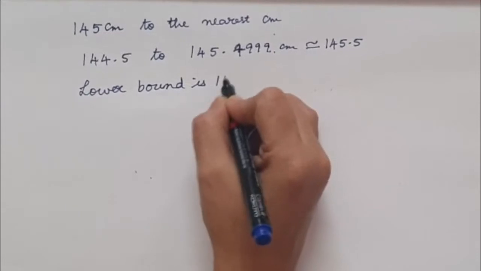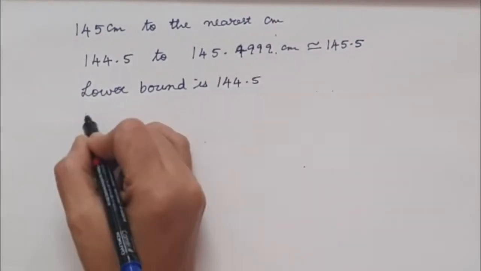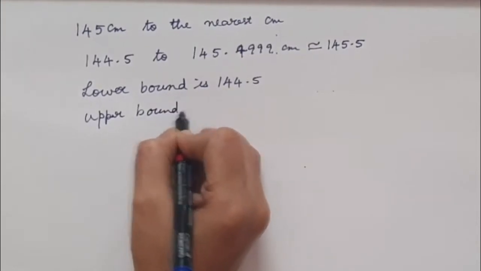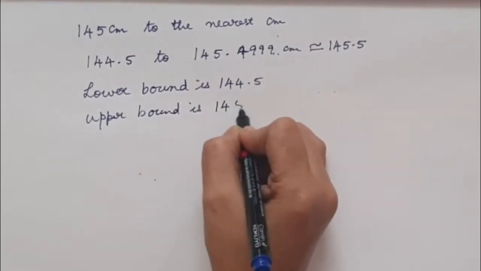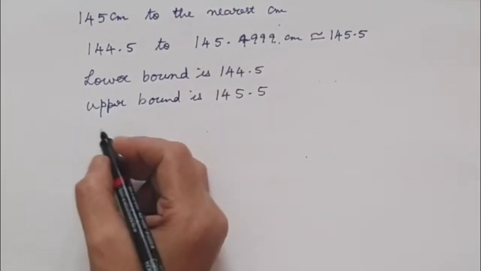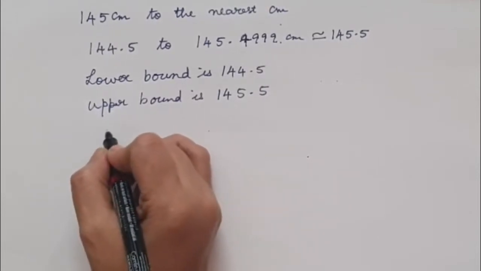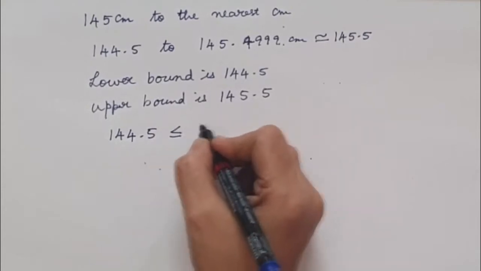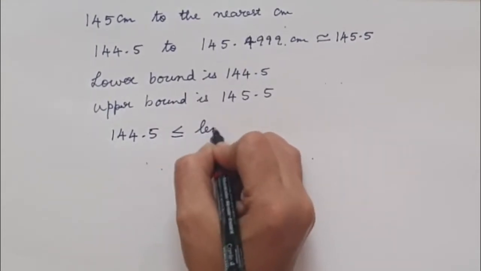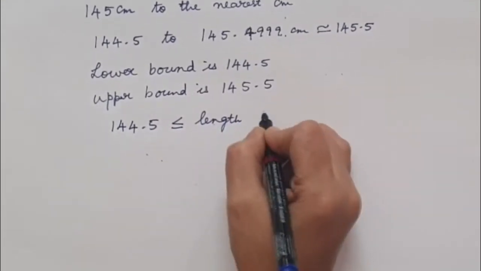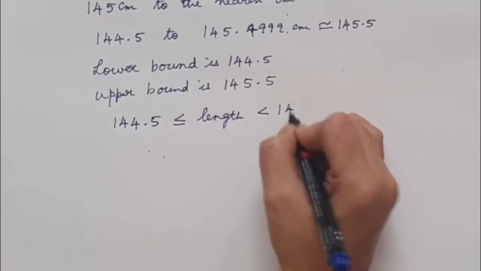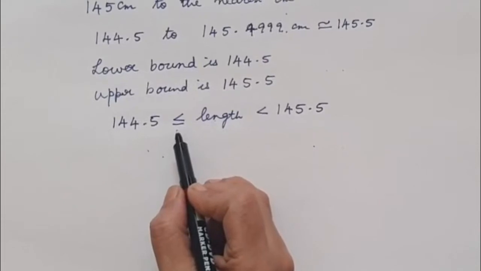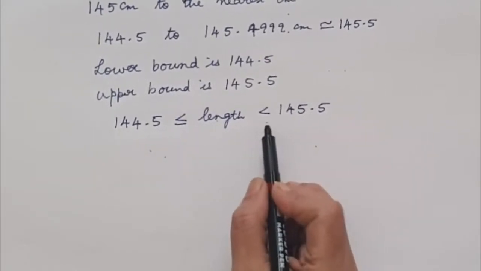is 144.5 and the upper bound is 145.5. As an inequality, we can write this as 144.5 is less than or equal to the length, is less than 145.5. Here, this side we write less than or equal to, but this side we are writing only